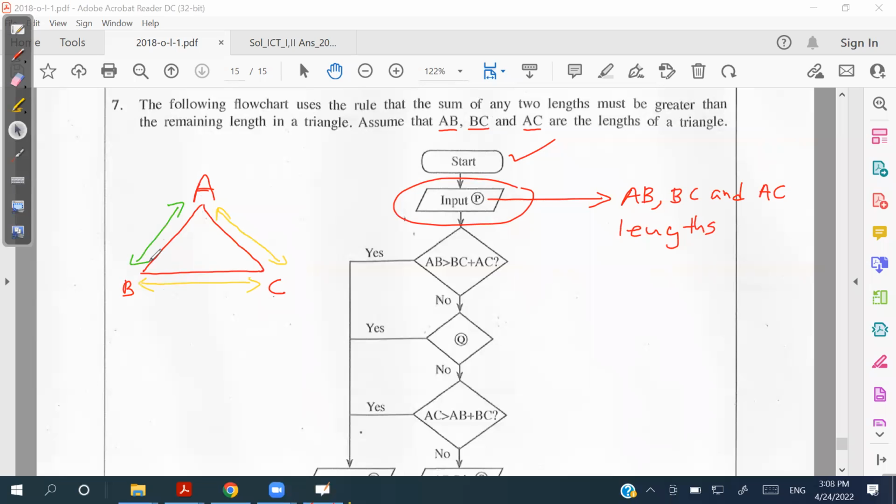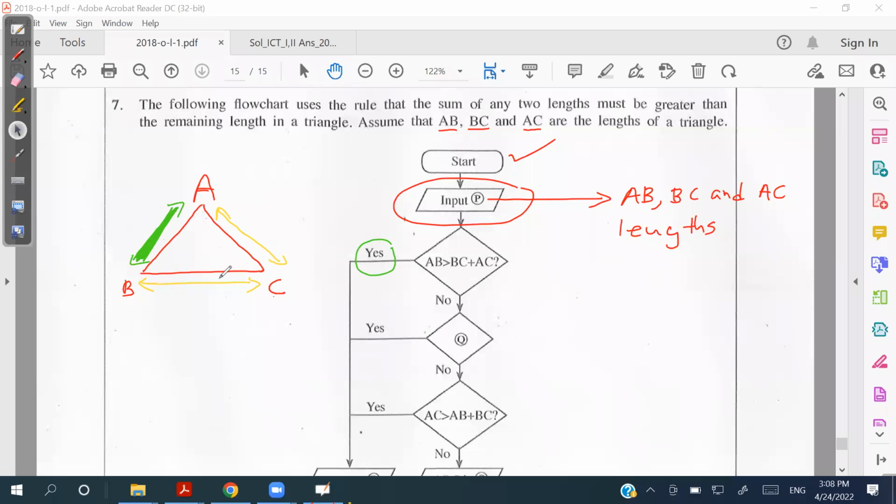In case you got the answer as yes, it means this one is bigger in size than the addition of the yellow arrows, the lengths of AC and BC, which will not give you the ability to create a triangle,